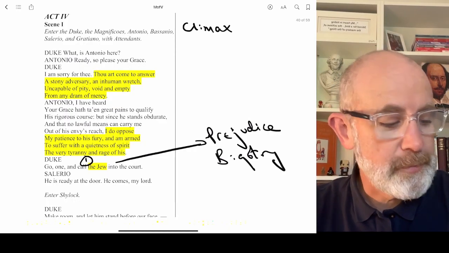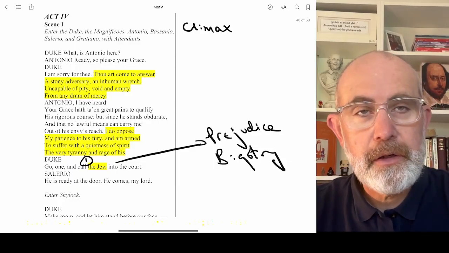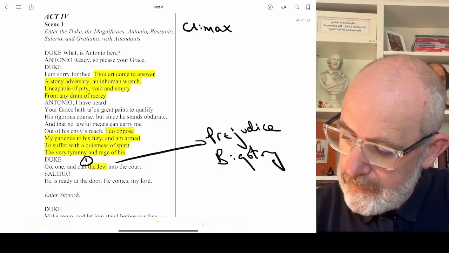And the reason for that is because, in the cultural context of the play,